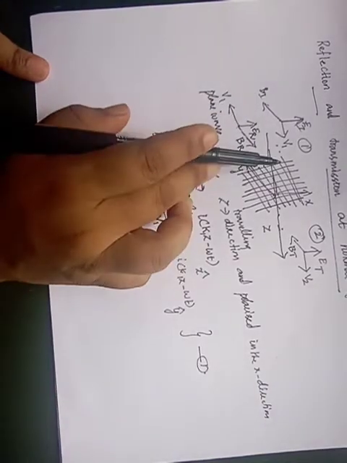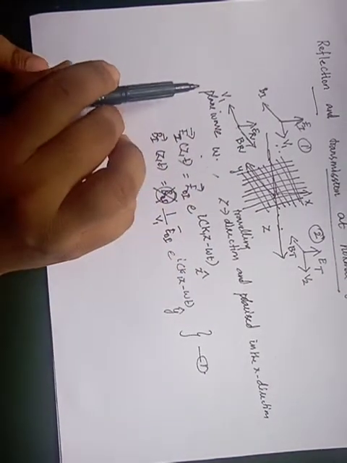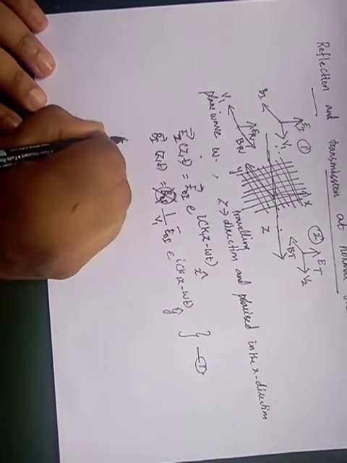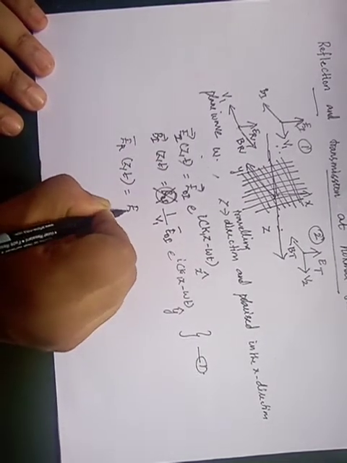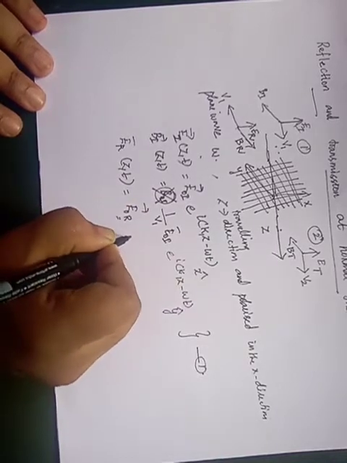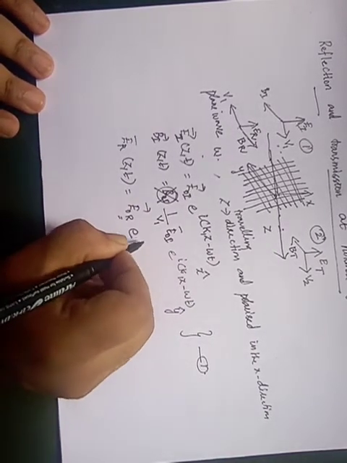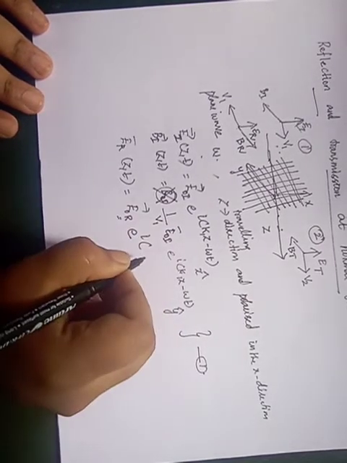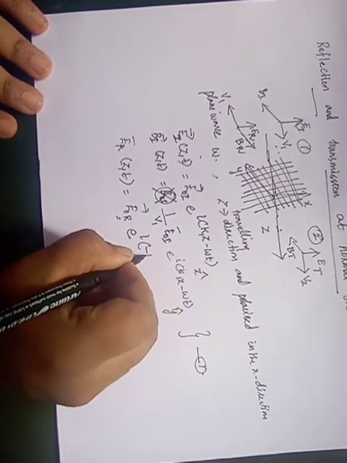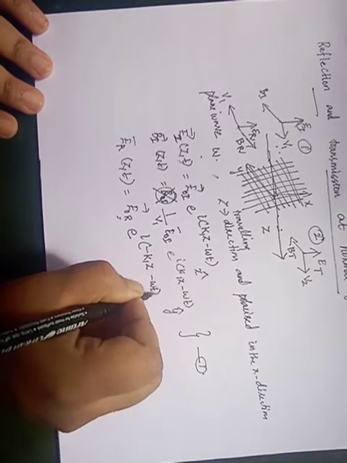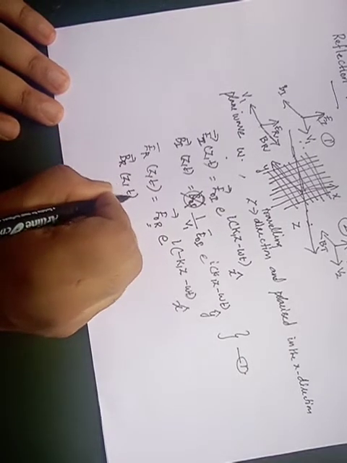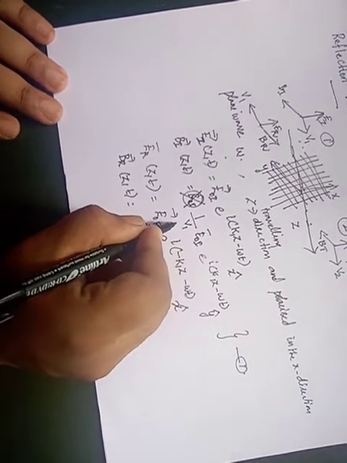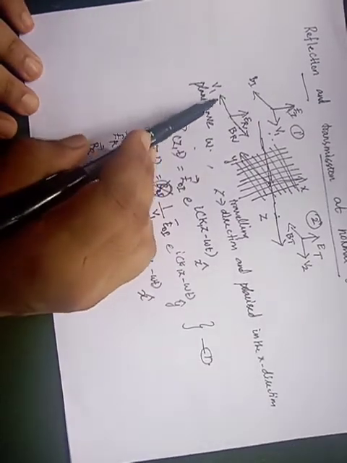1. So the incident wave gives rise to the reflected wave which travels back into medium 1. The reflected electric and magnetic field can be written as: the reflected electric field ER of z comma t, the same equation but with R, meaning the reflected wave, e power i, and since the velocity is in the opposite direction we write minus k1 z minus omega t into x cap. And similarly the magnetic field BR of z comma t, here instead of 1 by v1 we write minus 1 by v1, because the velocity is in the opposite direction.